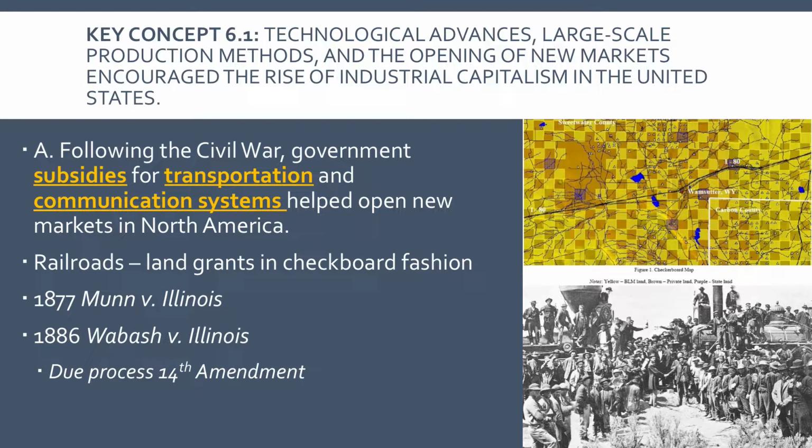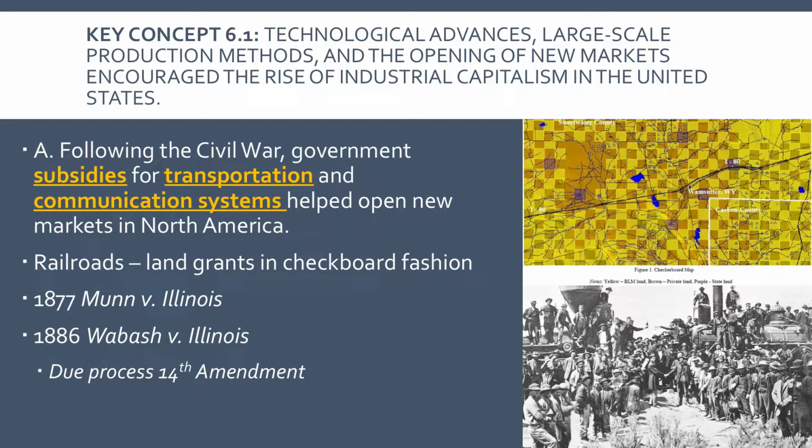The federal government also is at times wary of capitalism and often pro-capitalism. We're going to look a little bit more in class at these two cases. In fact, we'll mention them again when we start talking about the agrarian revolution, ironically enough. This has a lot to do with farming. Munn is a railroad company, and the state of Illinois tried to regulate or control them. Supreme Court case 1877, due process, right? We're going to talk about what due process really is in our class setting. But using due process, procedural due process, the Supreme Court ruled in favor of the state of Illinois.